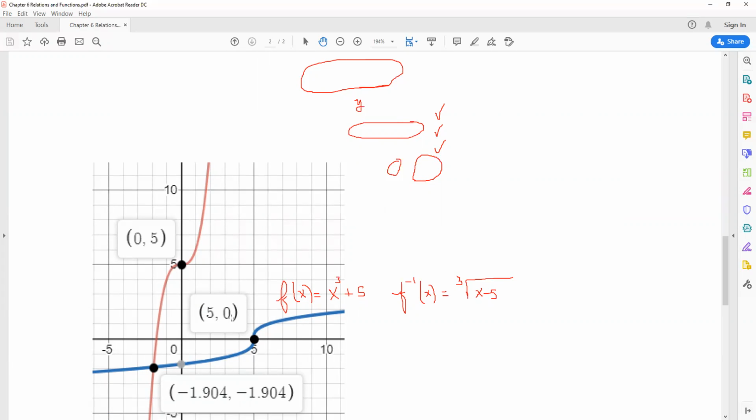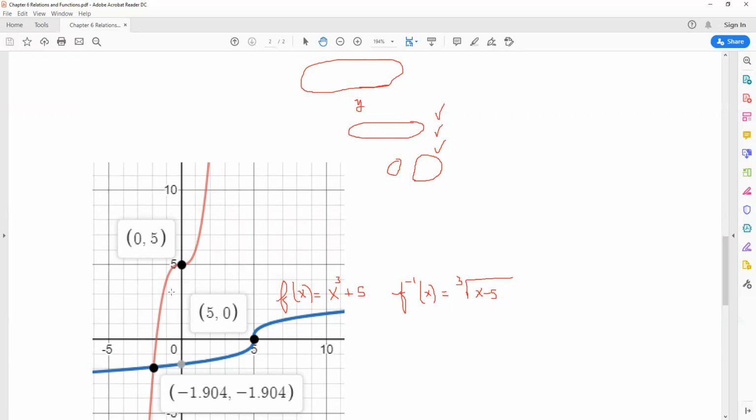But that's typical. That's always what happens with inverse functions. The domain of one is the range of the other and vice versa. In this instance, they actually share a point. The x and y values are both negative 1.904. That's an approximation. But the key thing to notice about functions and their inverses, since the domains and range are interchangeable, so to speak,